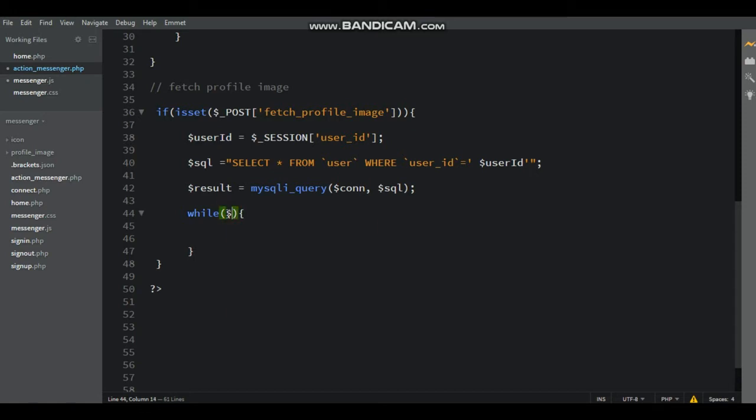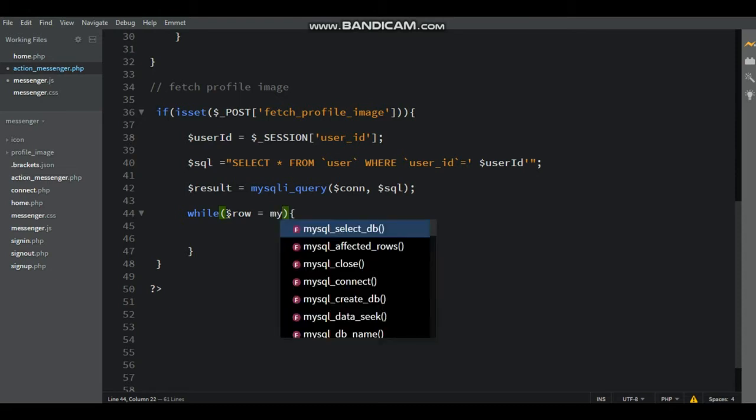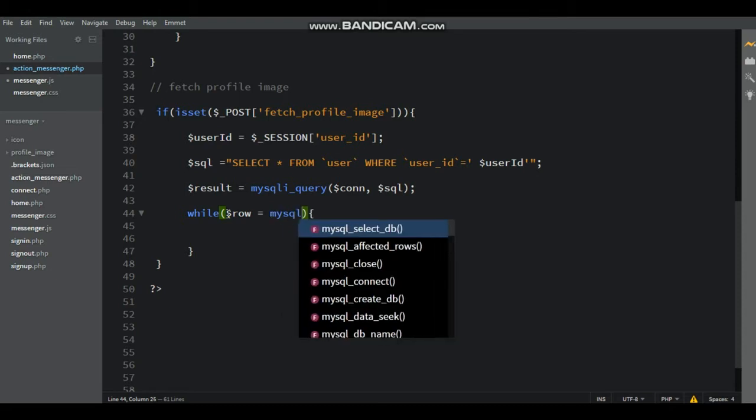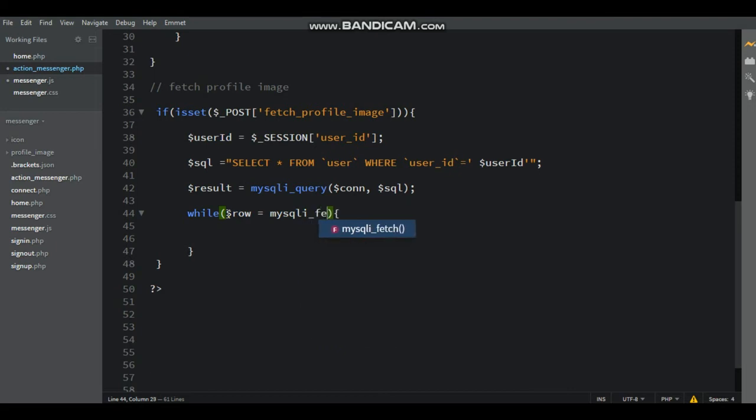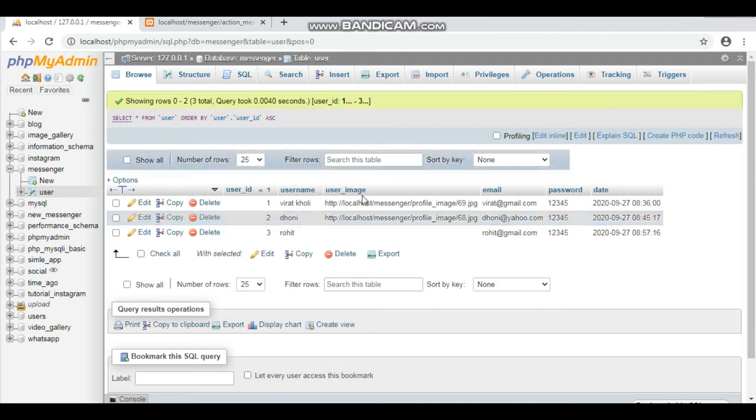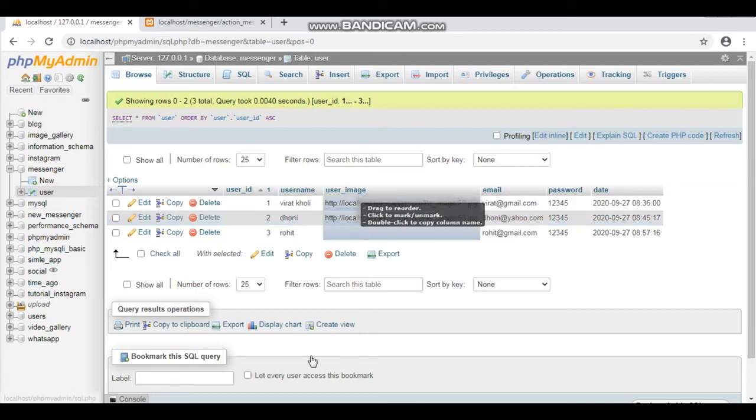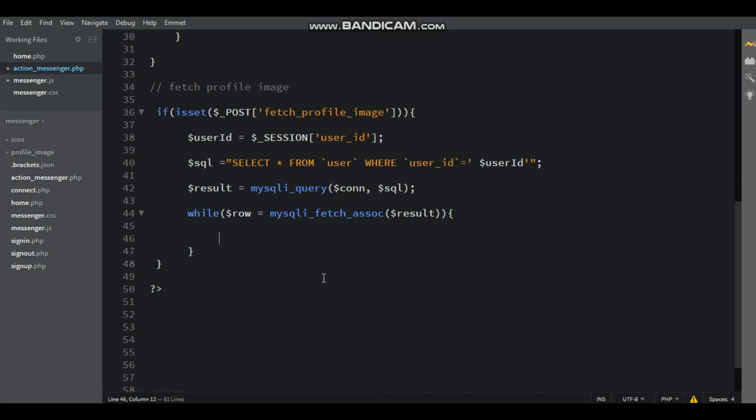Inside bracket $row equal to mysqli_fetch_assoc, mysqli_fetch_assoc inside bracket, copy $result, paste inside it, and then fetch the data from database, that is PHP MySQL database.